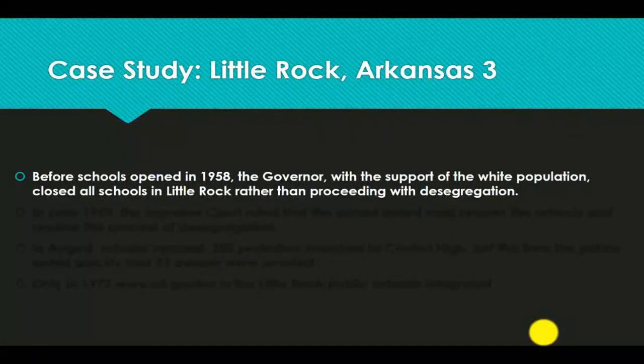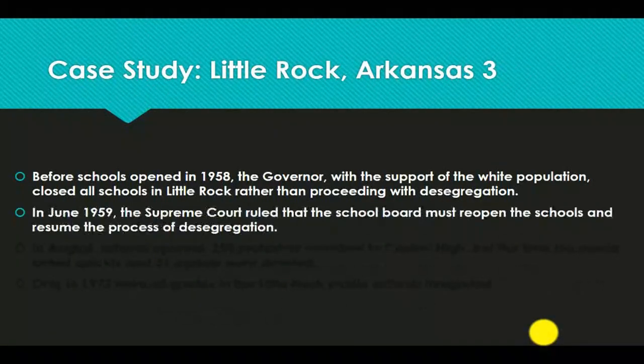Before schools opened in 1958, the governor, with the support of the white population, closed all schools in Little Rock rather than proceeding with desegregation. And in June 1959, the Supreme Court ruled that the school board must reopen the schools and resume the process